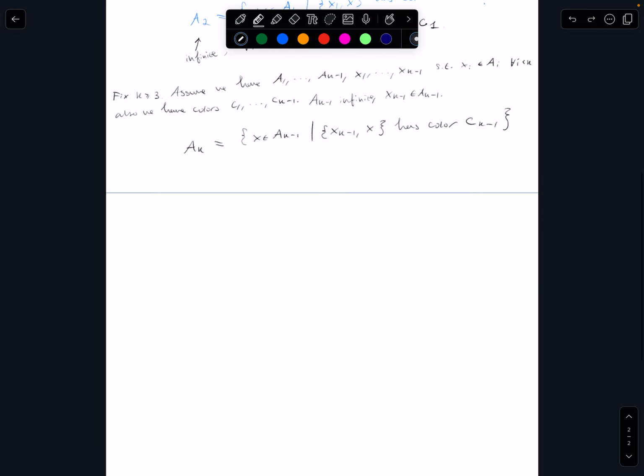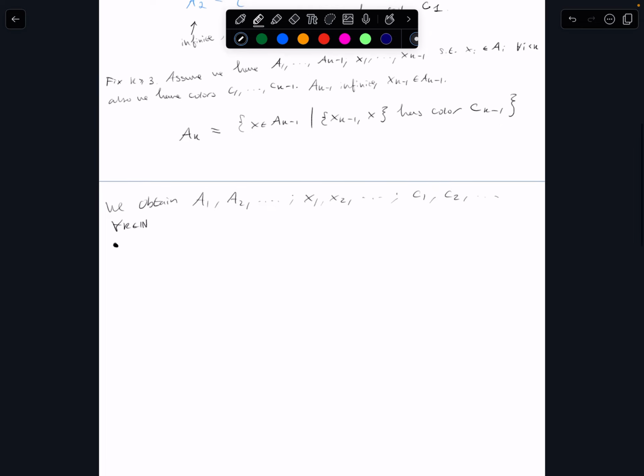And we have A1, A2 forever, we have x1, x2 forever, and we have colors C1, C2 forever. And then with the properties by induction, as we proved, such that for any k and n, we know that,